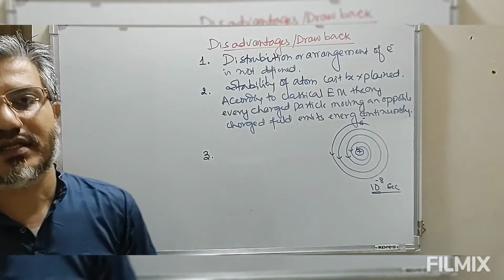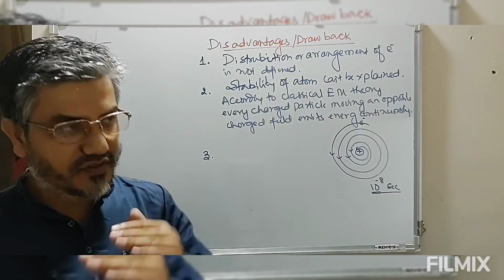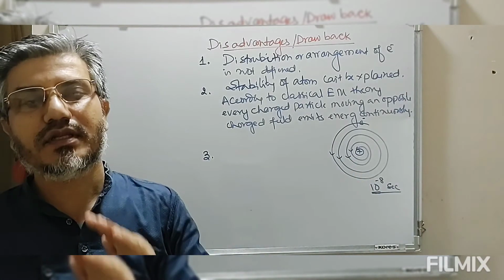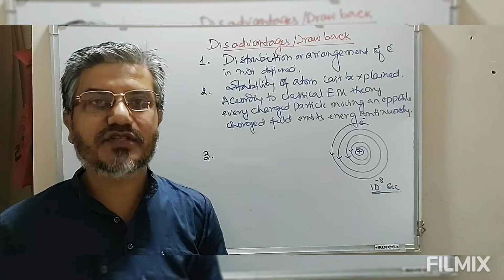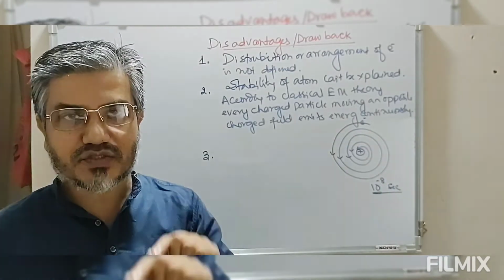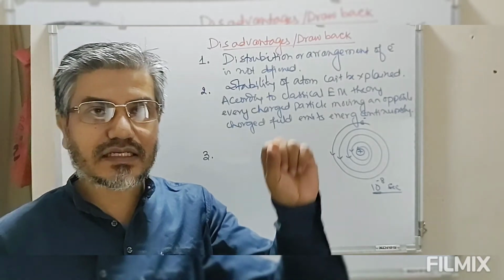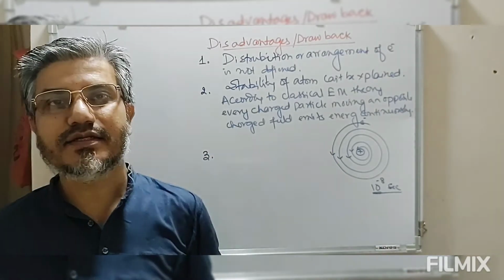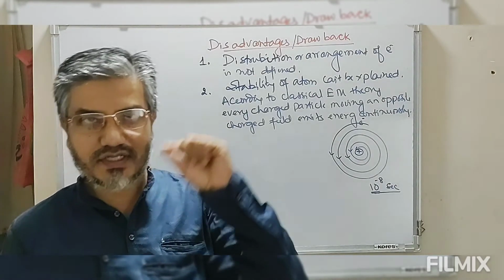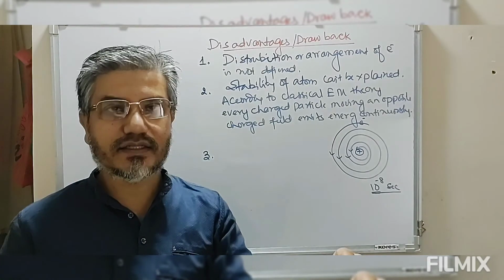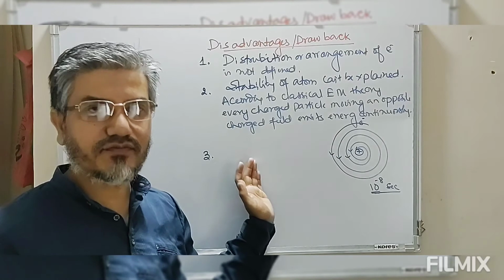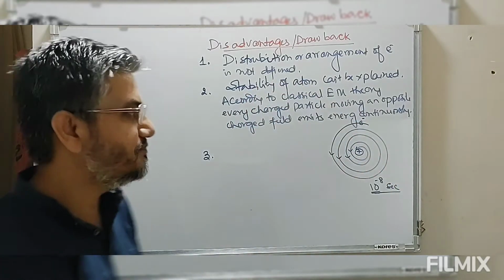But the actual experimental spectrum of every atom, which we are going to study in a later part of this chapter, is found to have discrete lines. Discrete lines means distinct lines, each line representing a particular energy or frequency. So the actual spectrum has discrete lines, but this theory predicts a continuous one. The experimental value and the theoretical value do not match again here.